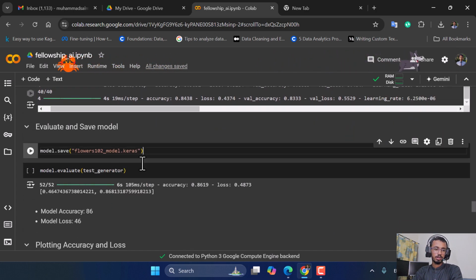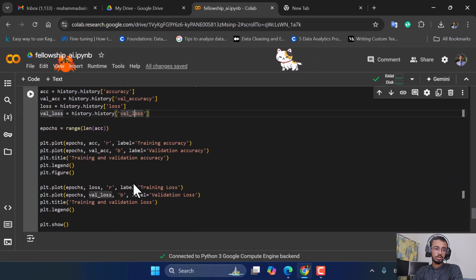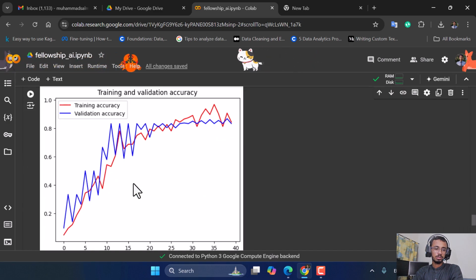Here we have saved our model and downloaded it. Here we are evaluating our model. We can see that there is 46% accuracy, 46 loss, and 86 is accuracy. Here we are just plotting our accuracy and loss curves,